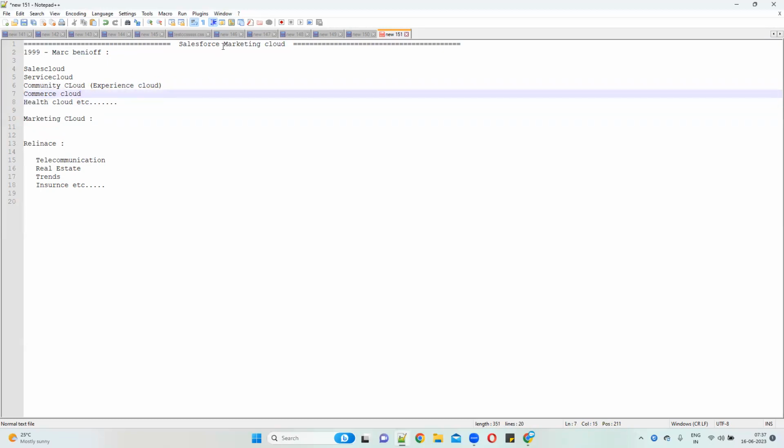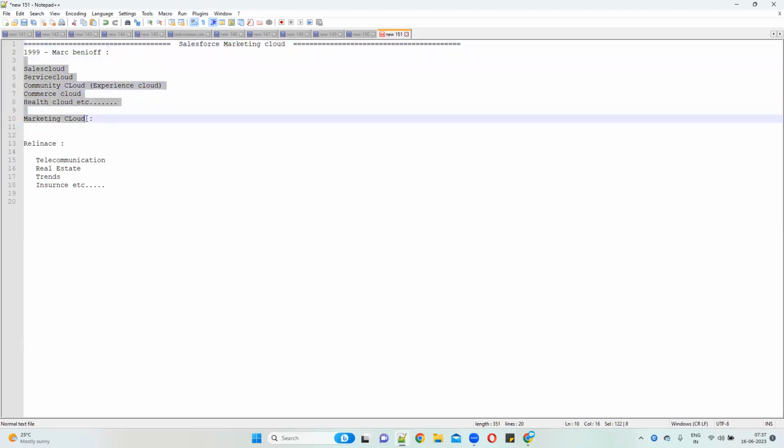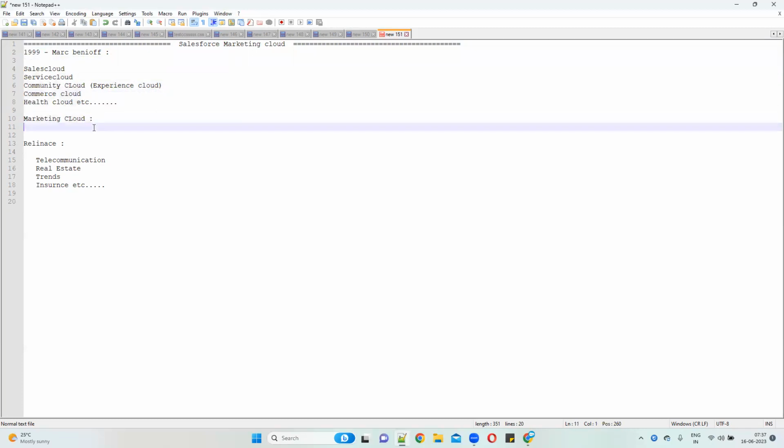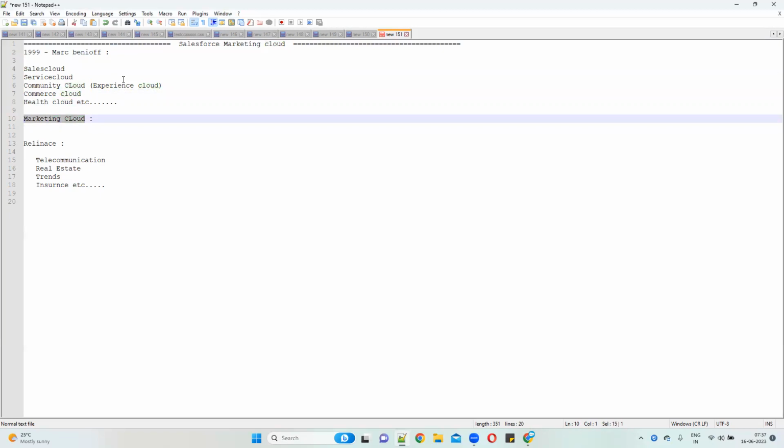Our focus is Marketing Cloud. We know all these things, so where will Marketing Cloud come in? Actually, Marketing Cloud should come before Sales Cloud. Why? Because in Marketing Cloud we can generate leads. Only after leads can you do something like sales information. Without leads, what can you do? For example, with the leads and prospects, you can contact the customers and tell them about your products. In the CRM, the starting point is Marketing Cloud.